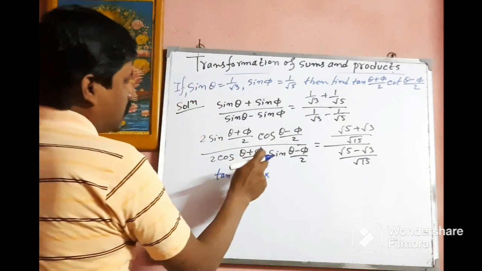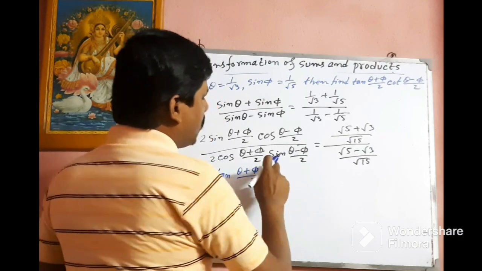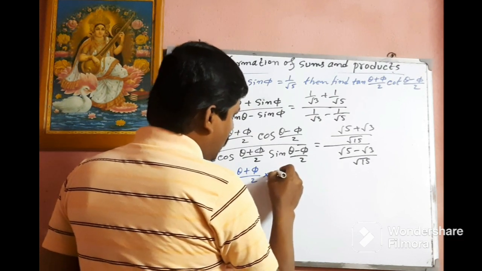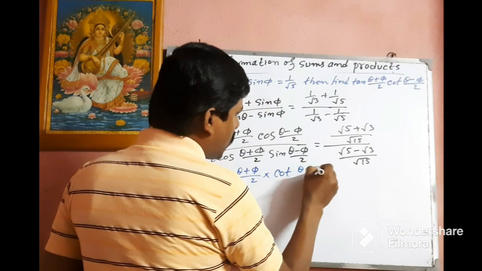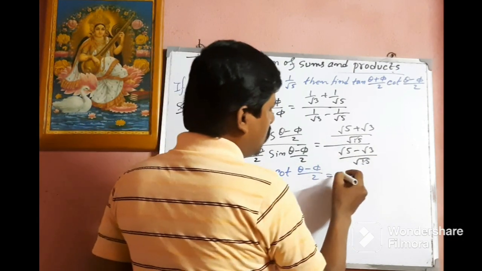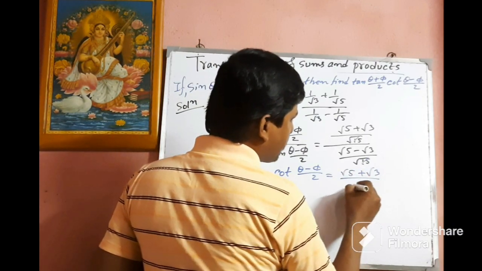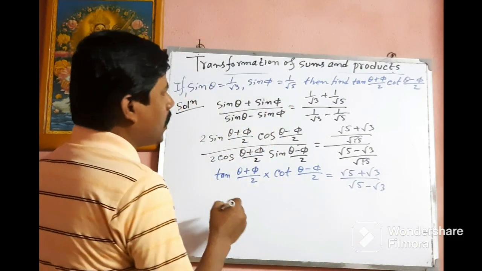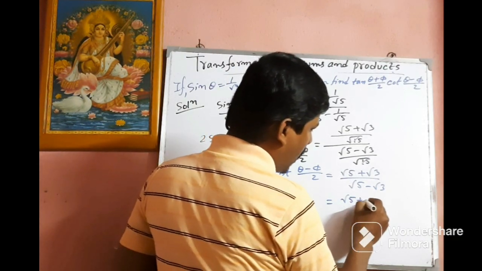And similarly here, cos of (theta minus phi) divided by 2 divided by sin of (theta minus phi) divided by 2 is equal to cot of (theta minus phi) divided by 2, and here root 15 vanishes. Now simplifying, we get this part, root 5